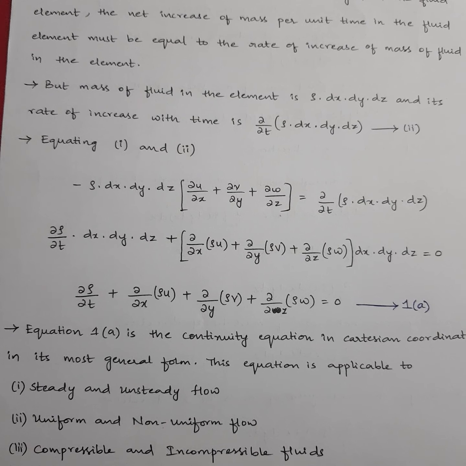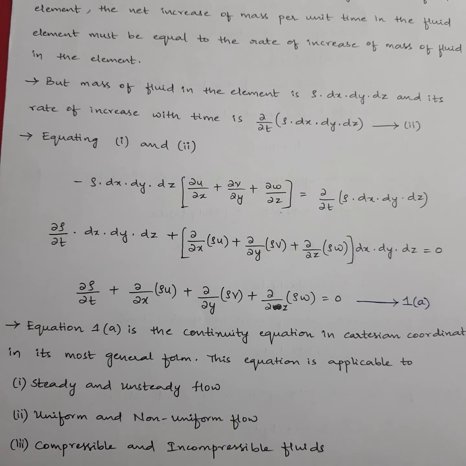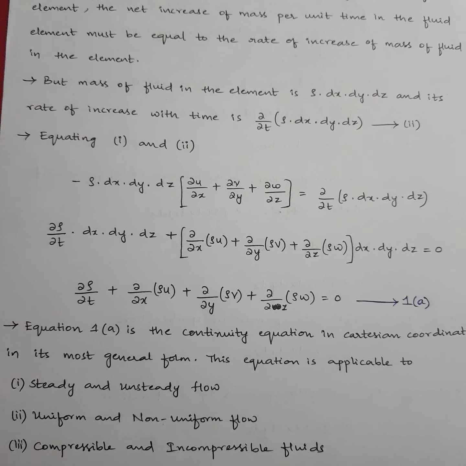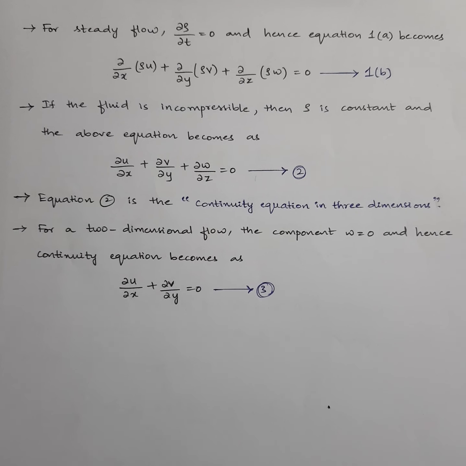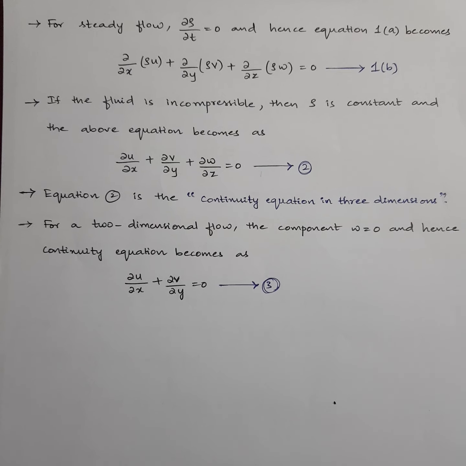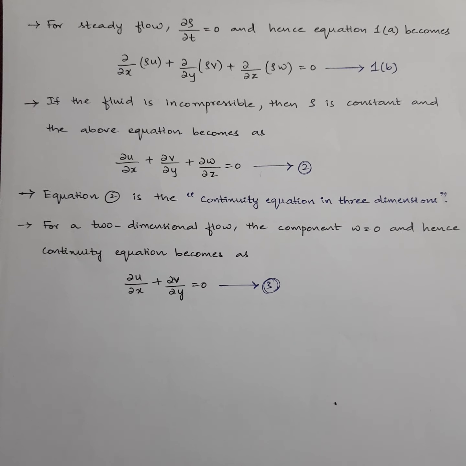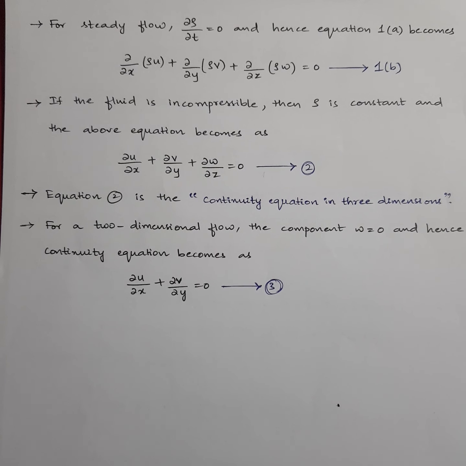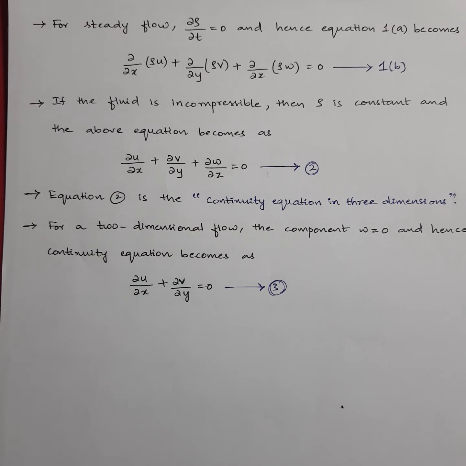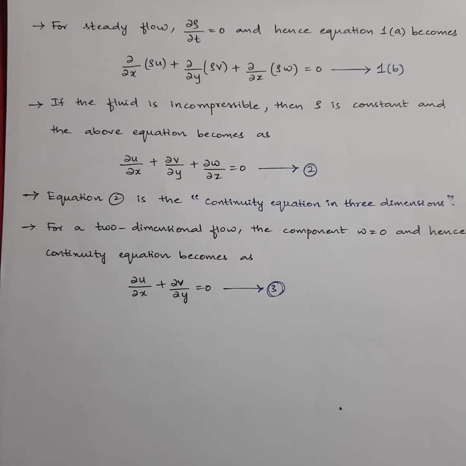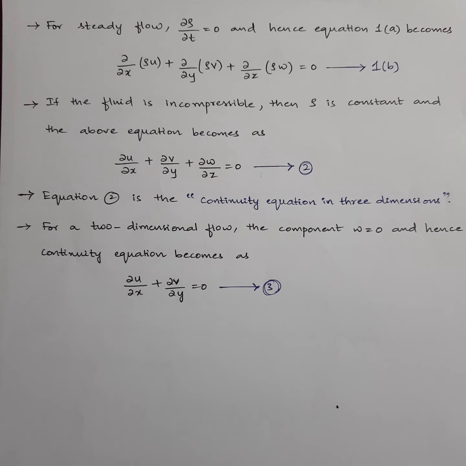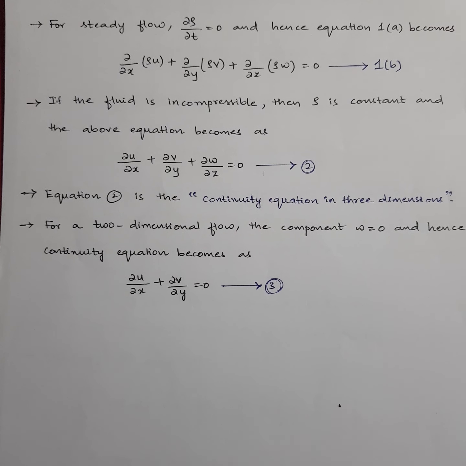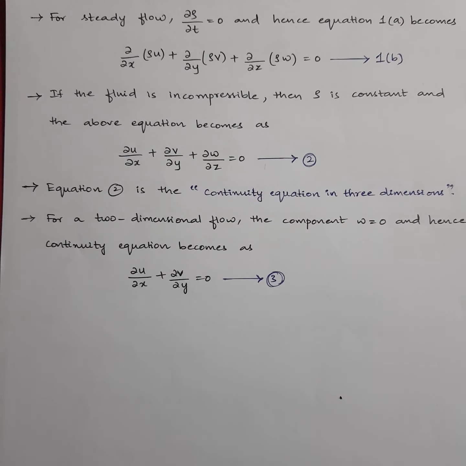Compressible flow or compressible fluid means one whose density is varying, whereas if the density is constant, then it is called an incompressible fluid. So if I assume the flow to be steady, then you already know what steady flow is. You can check out my earlier videos where I've discussed the definitions of flows. Steady flow means a flow where all the fluid parameters remain constant with respect to time. So density is also a fluid parameter, so dou rho by dou t will be equal to 0.